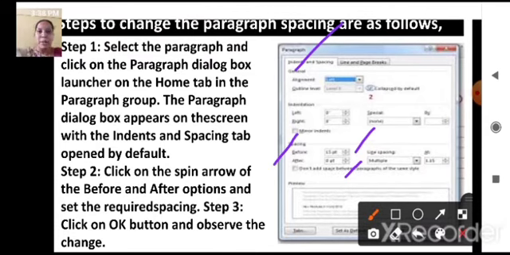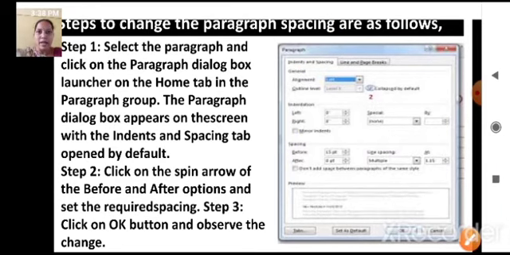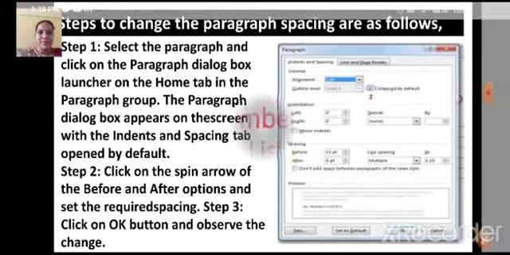If you use the upward spin box, you get more points, and if you use the downward spin, you get fewer points. So by using that, you can increase or decrease the space which you require above or below the paragraph. So in this way, we can apply the space above or after the paragraph.